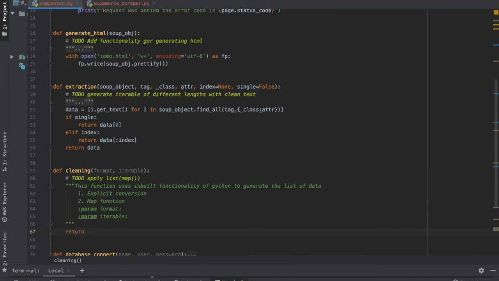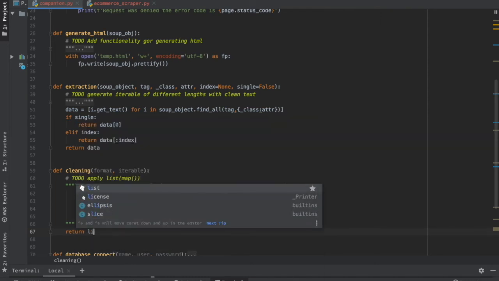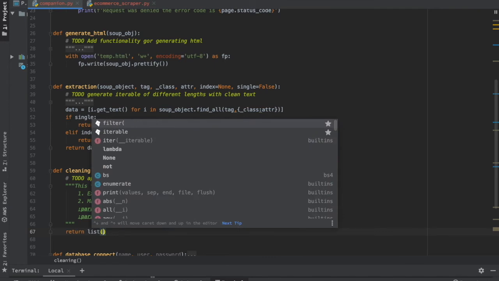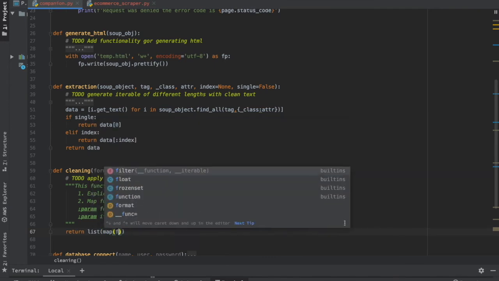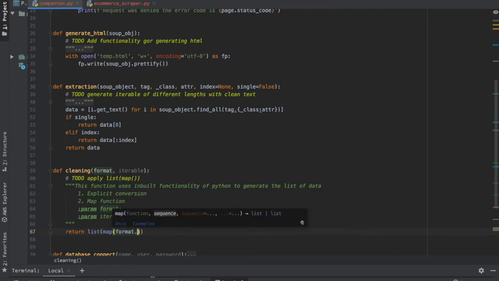It is going to return a list, a map object in which we are applying the format. The second thing is the iterable, the data iterable I'm going to get. So the list I get is what I'm passing here.